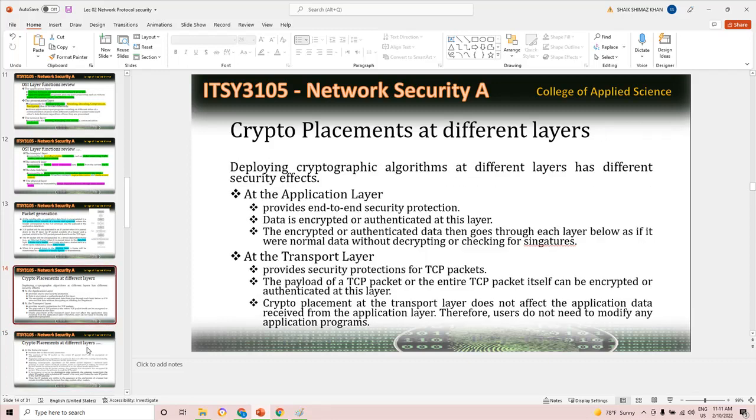Okay, next one is crypto placement at different layers. Crypto means, students, cryptographic algorithm. So cryptographic algorithm means it is used,